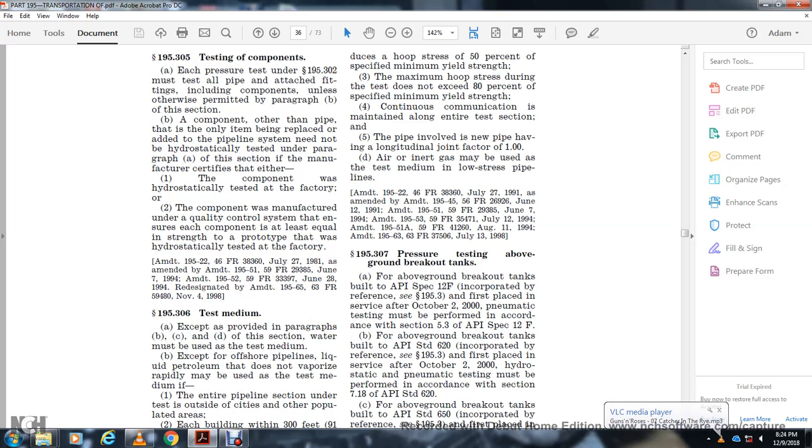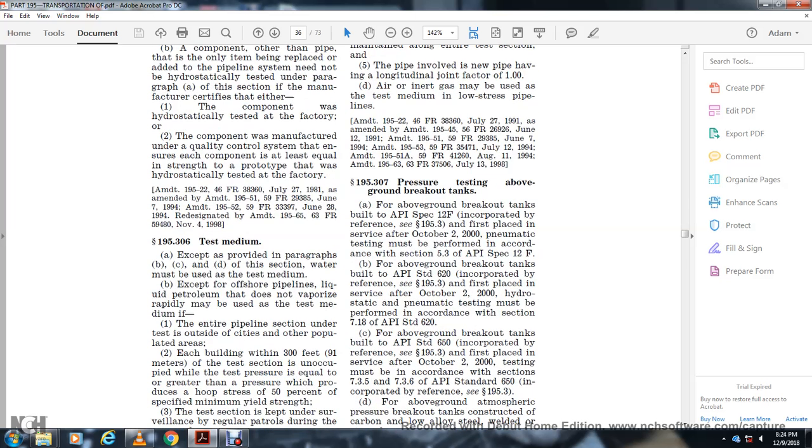195.307 Pressure testing aboveground breakout tanks. For aboveground breakout tanks built to API Specification 12F, incorporated by reference in 195.3, with the first edition of October 2nd, 2000, testing must be performed in accordance with sections 5.3 of API Specification 12F. For aboveground breakout tanks built to API Standard 620, incorporated by reference in 195.3, with the first edition of October 2nd, 2000, static pneumatic testing must be performed in accordance with section 7.18 of API Standard 620. For aboveground breakout tanks built to API Standard 650, incorporated by reference in 195.3, with the first edition of October 2nd, 2000, testing must be performed in accordance with sections